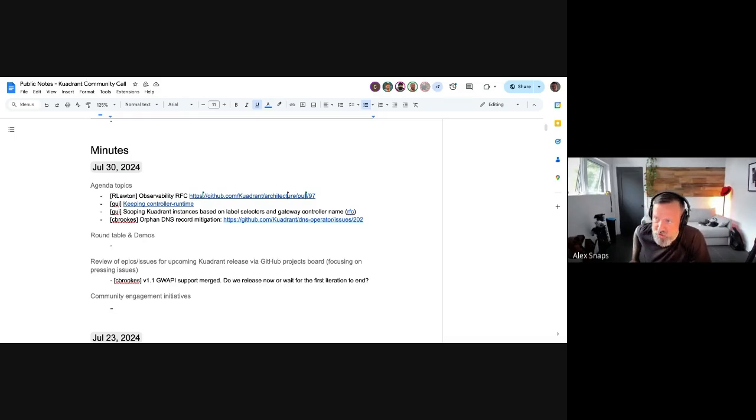And now, just as an exercise for the RFC writers, let's flip the argument on its head, right? Let's say you have an observability policy that you can target towards an HTTPRoute, a gateway. Let's imagine how this would look. Why wouldn't you be able to target it towards a Kuadrant object? If it looks the same and does the same thing, would it be really bad?